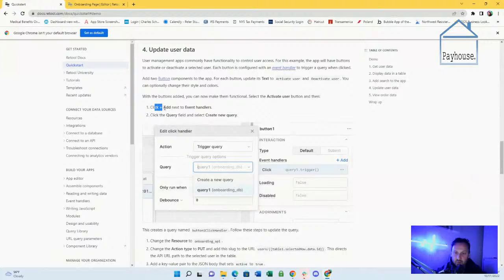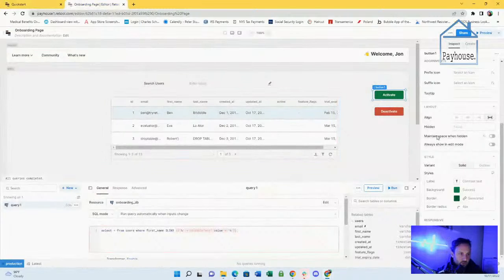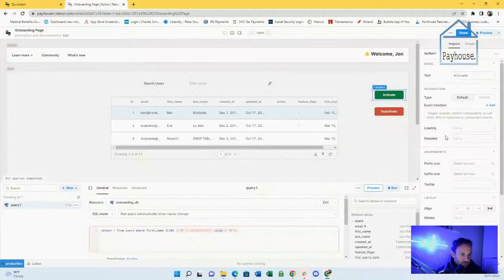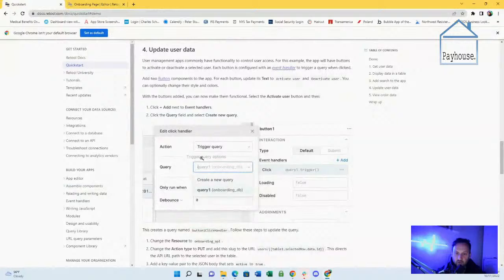Click plus add new to event handlers. Okay, so let's go back. I'm supposed to be looking for a plus. Where am I supposed to see this plus?